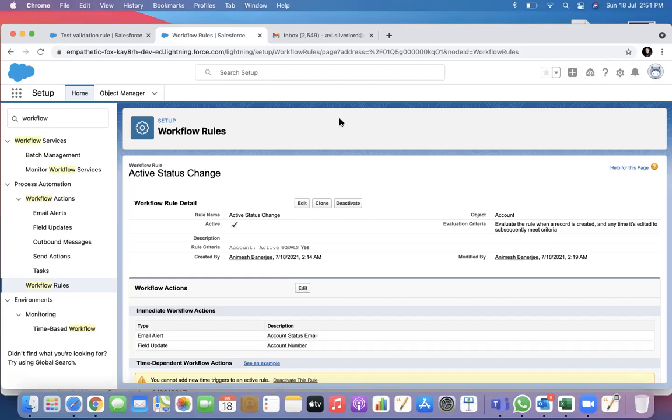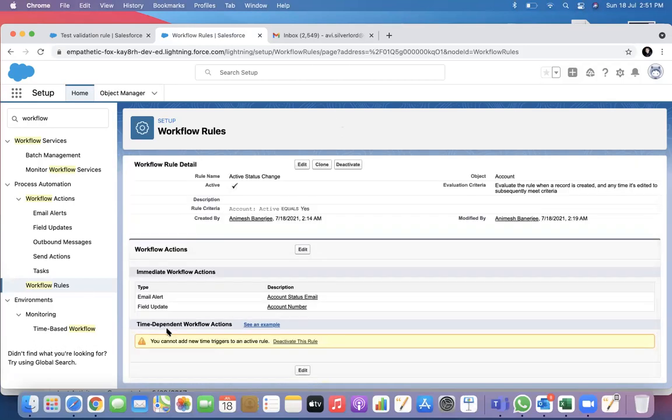So what are the limitations of a workflow rule? But why is workflow rule important? Workflow rule is the smartest automation, the fastest automation that is possible.